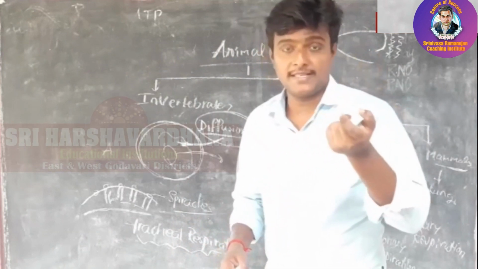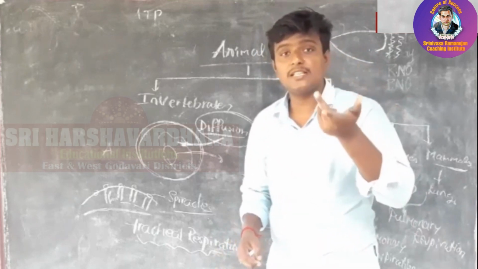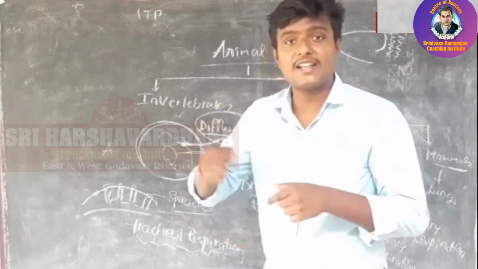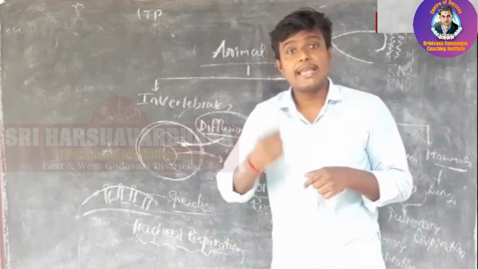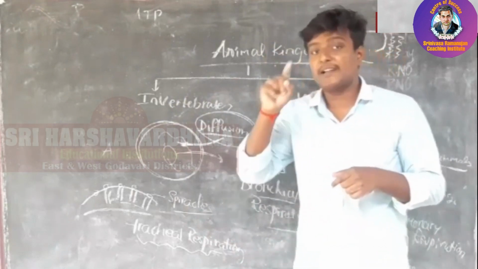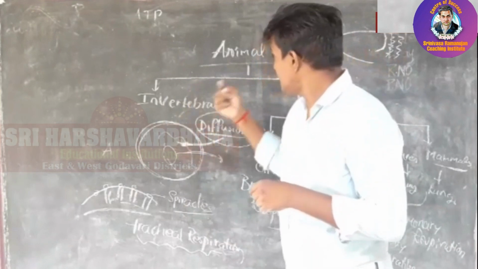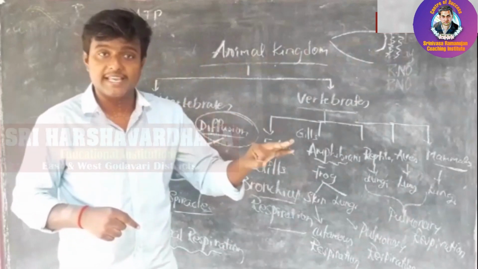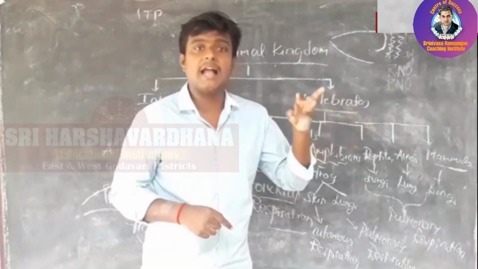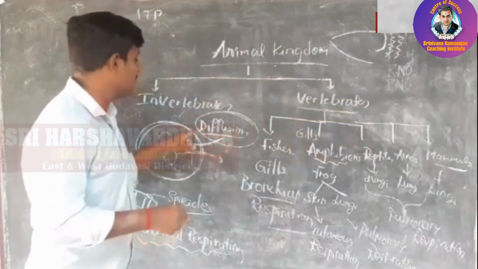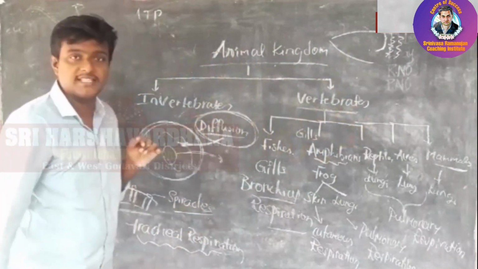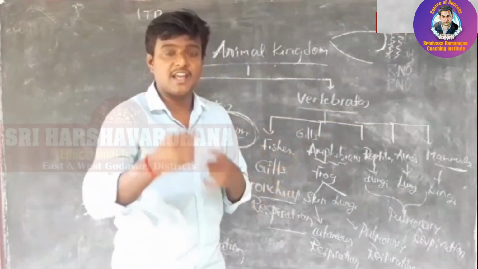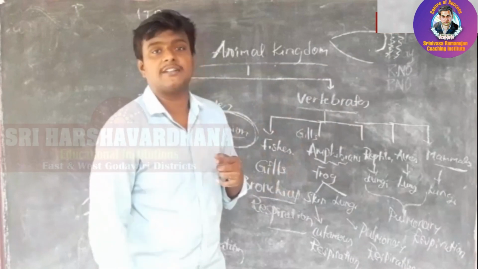But if you take the microbes, what happens? In the microbes, an anaerobic respiration process is going on. In the place of lactic acid, they produce ethyl alcohol, and that process we call fermentation. Based on the organs, we can see 4 types of respiration: tracheal, bronchial, cutaneous, and pulmonary respirations. In unicellular organisms, we see the process as diffusion. So this is about the types of respiration. In the next class, we will discuss the organs involved in the human